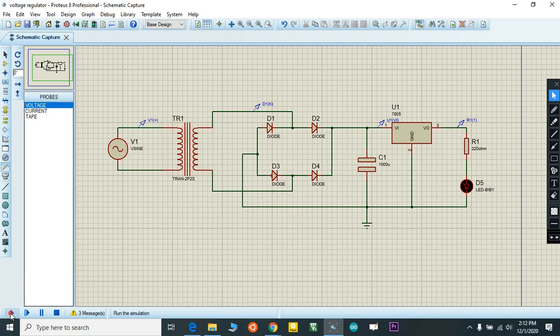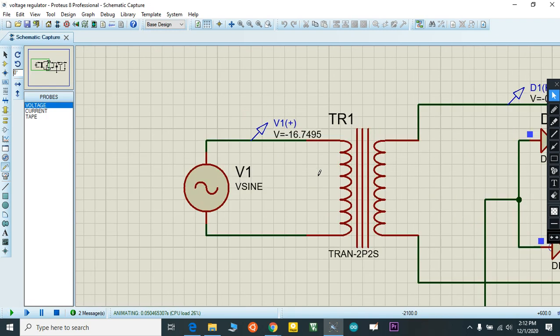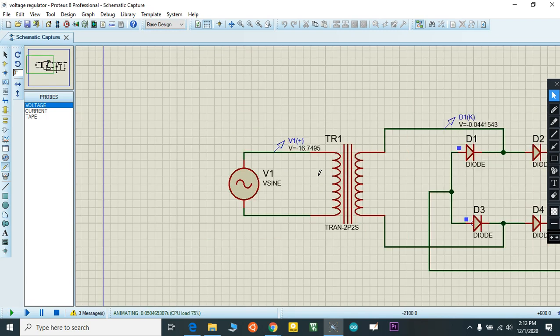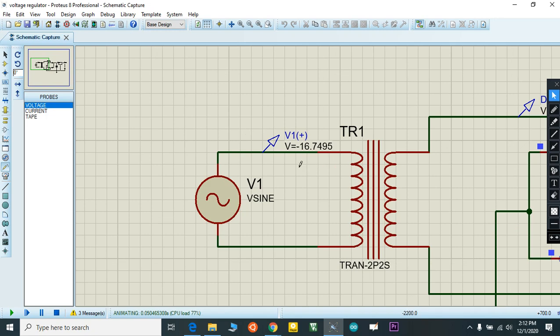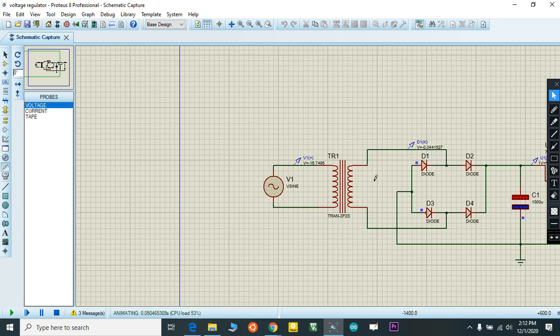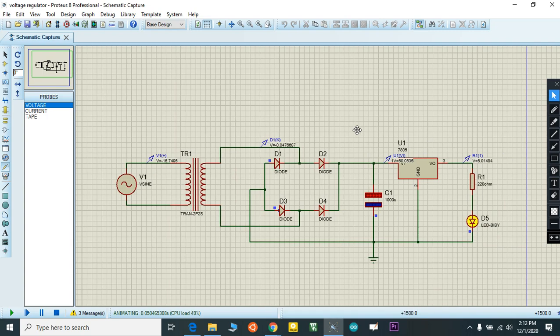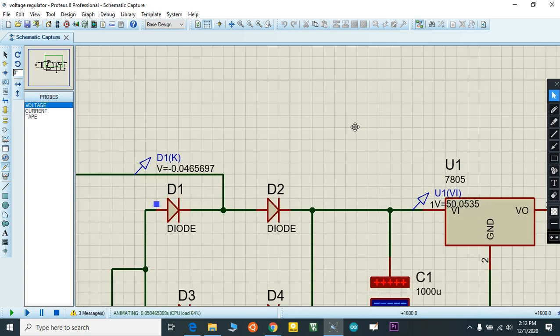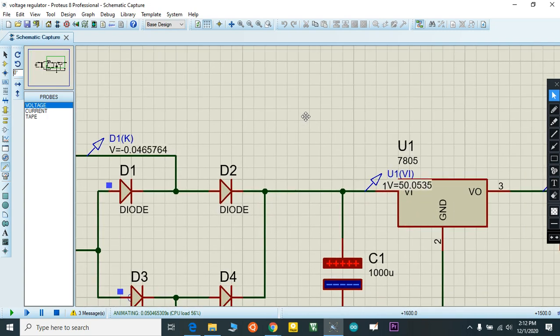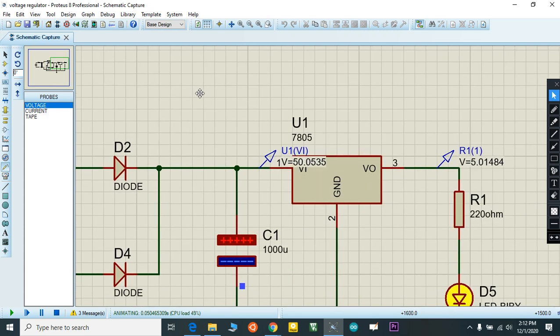So I start simulation. It's showing 16. I don't know why it's showing 16. Then it's varying from 0 to 4, 15 voltage, 5 voltage.